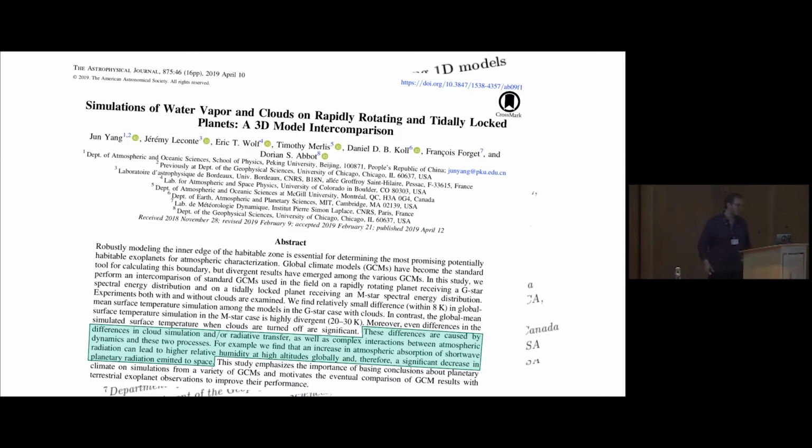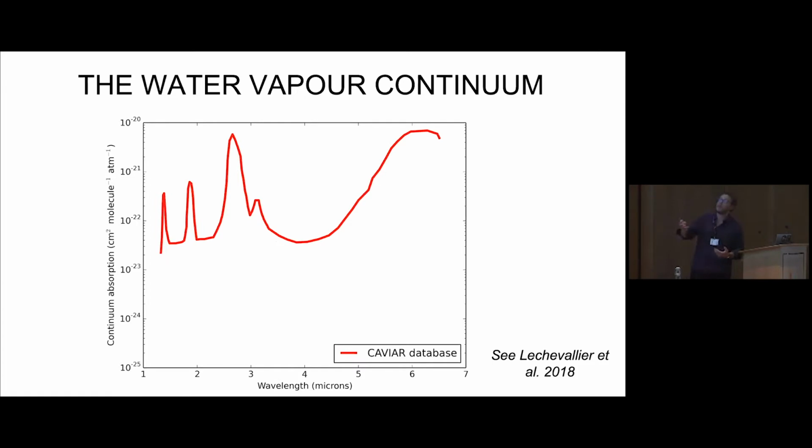And I would like to give you one example of something we call the water vapor continuum. So it's the part of the spectrum for a water-rich planet that corresponds to the far-wing absorptions of the lines of water vapor. In this case, it's the self-continuum, the self-water vapor continuum. And this is the continuum that you can download if you get what we call the CAVIAR, or actually similar in the BPS continuum, which shows you the strength of the water vapor self-continuum as a function of wavelength.